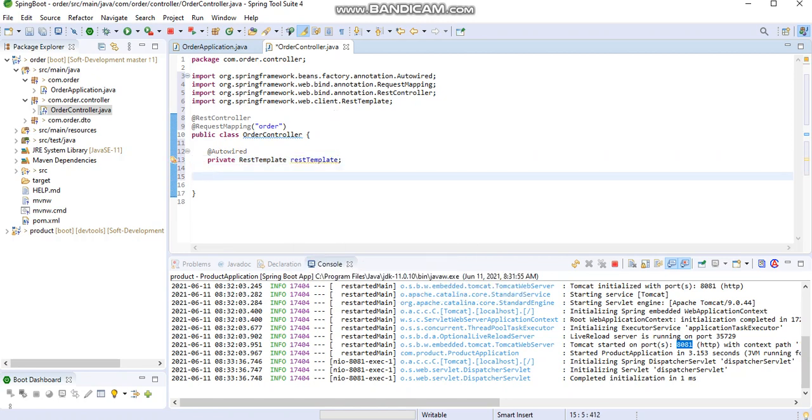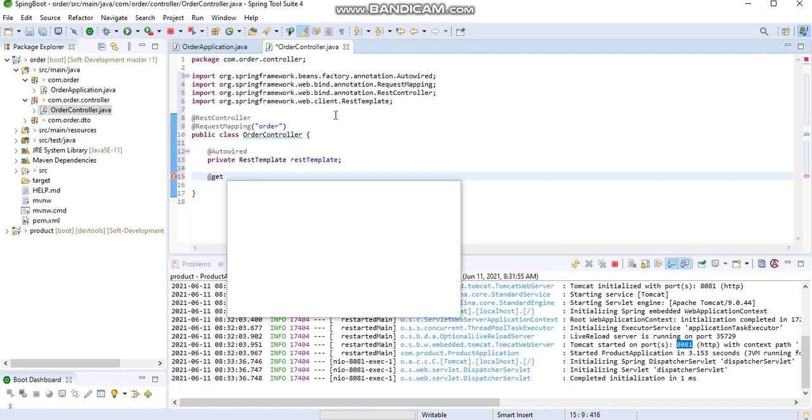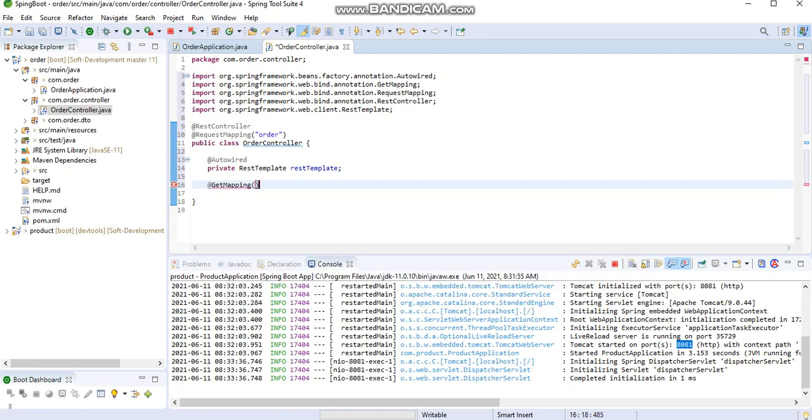Now I'll create the GET method. I'll use GetMapping, and here I'll provide the path. I'm just going with the basic path, so this is the base path, and we can access this method with the base path.